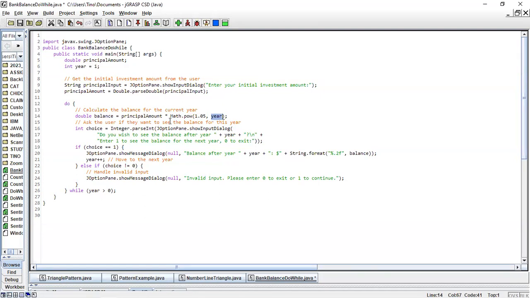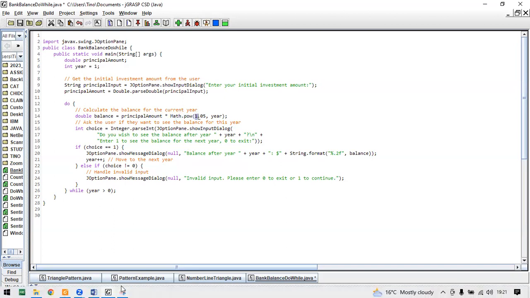So how am I going to do the calculation? Principal, the amount that I've entered, maybe I've entered $50 or 50 rand, I've deposited it. Then I multiply. This is the formula, Math.pow, we have this in Java. Math.pow to the power of, this is the interest that I'm going to use.